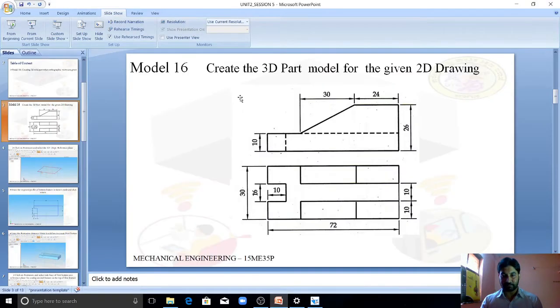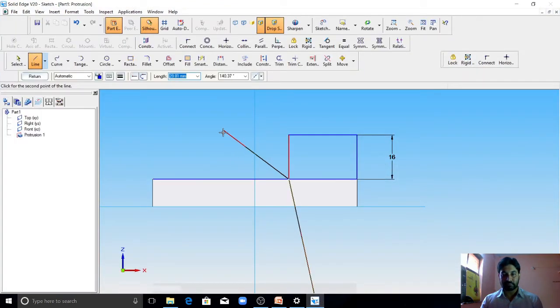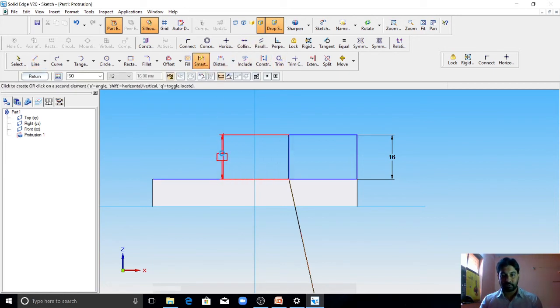After that we have 30 mm distance here. So from this distance we have 30 mm that you have to join by a taper line. Make this dimension as 30. This dimension should be 24.